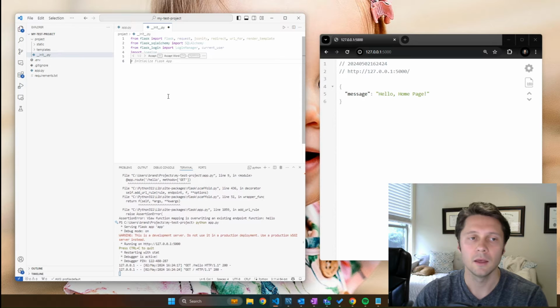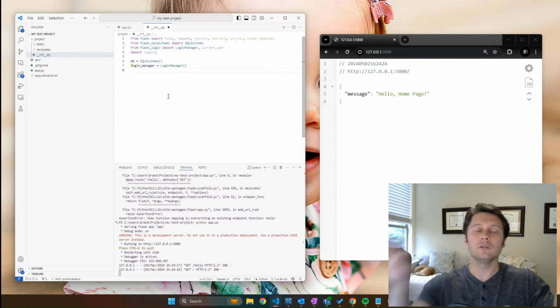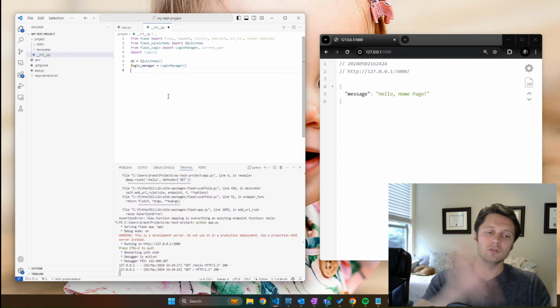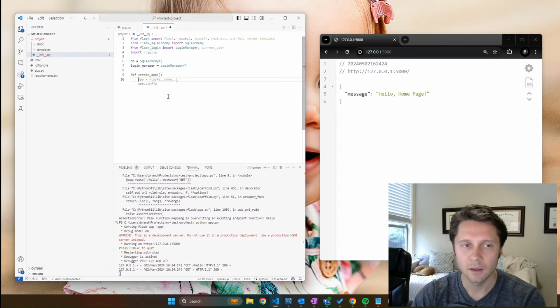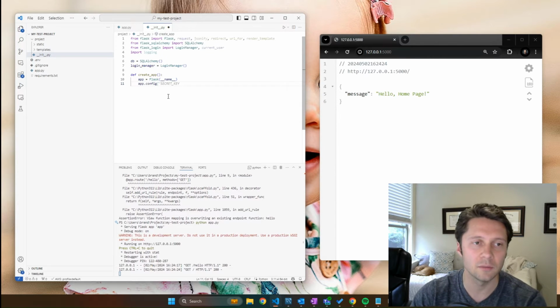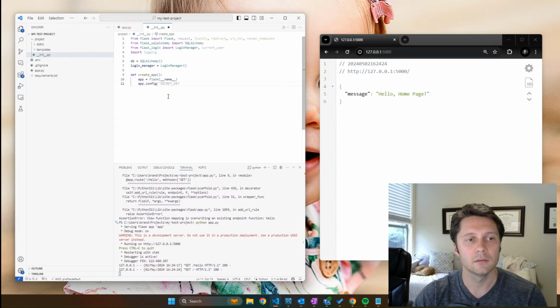You want to initialize your SQLAlchemy instance. So db equals SQLAlchemy. Also initialize the login manager. We're not going to do the whole login manager thing yet, but we will. So it's better to just import it right now. Create a function called create app. In here, it's auto-populating because I'm using GitHub Copilot, but you're going to want app equals Flask